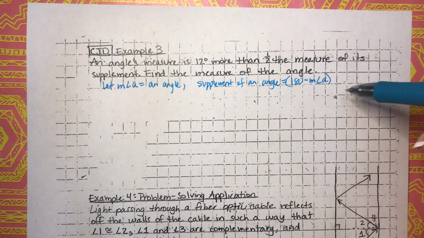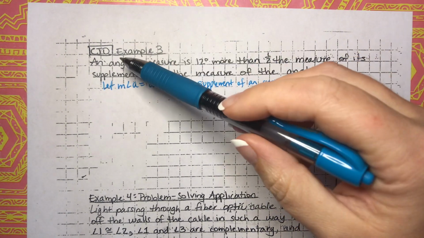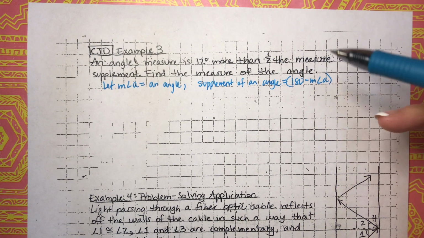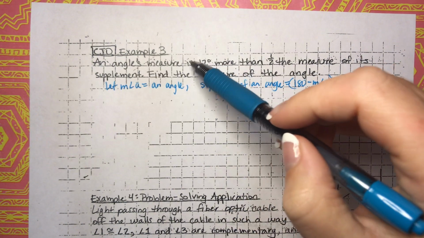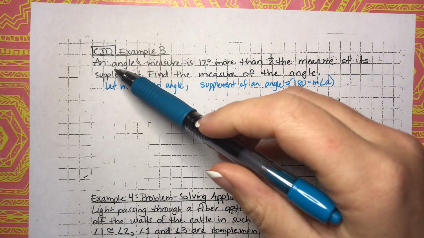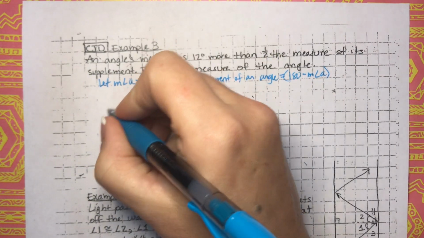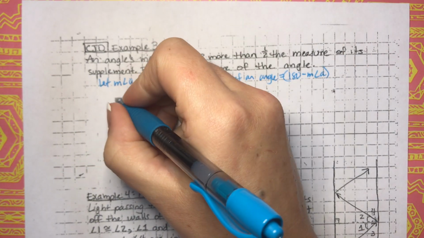Okay, so now that we have our terms defined, let's go ahead and convert these words into an algebraic equation. Okay, this says an angle's measure is. Well, we know is means equals. An angle's measure, we don't know that, but we just defined it as measure of angle A. So that's going to be the measure of angle A